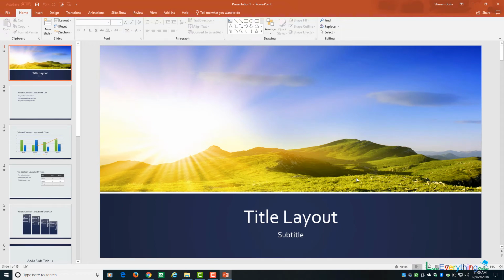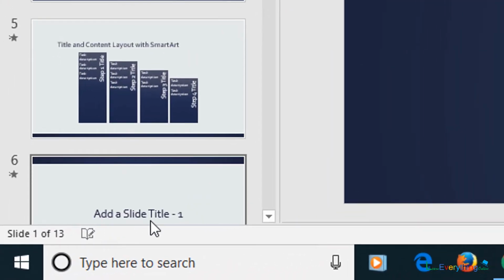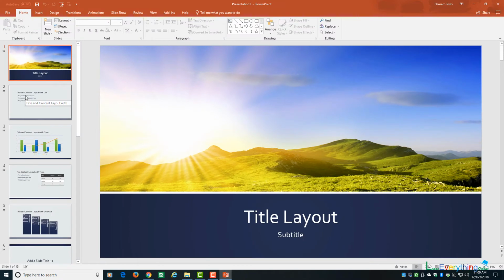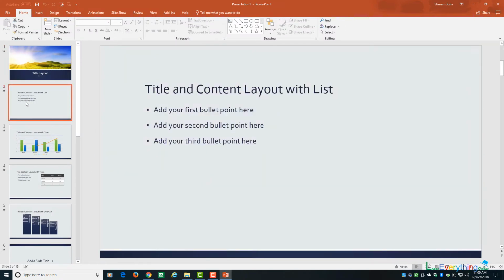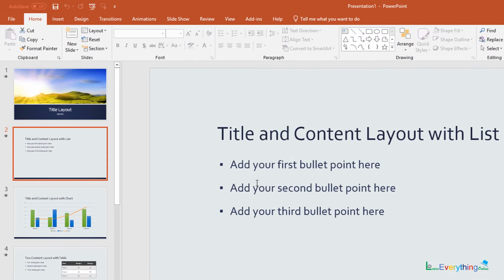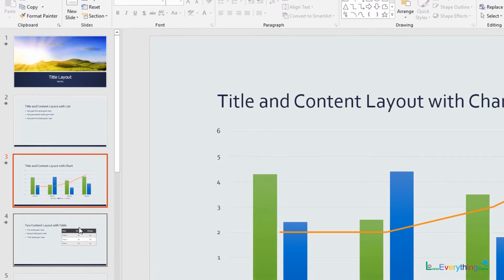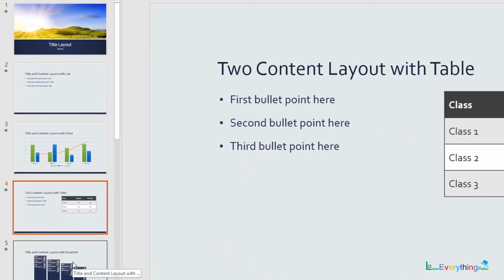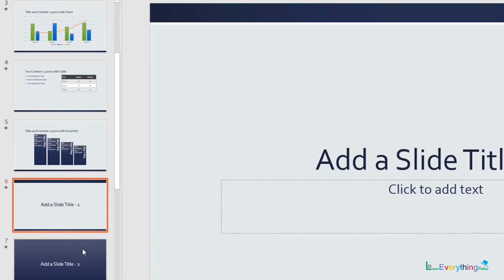You can see a presentation includes many pages known as slides. There are a total of 13 slides available, and many helping lines or helping text are available, like title and content, layout, first add your bullet list. Everything is guided by this particular template. You are supposed to only overwrite your data.